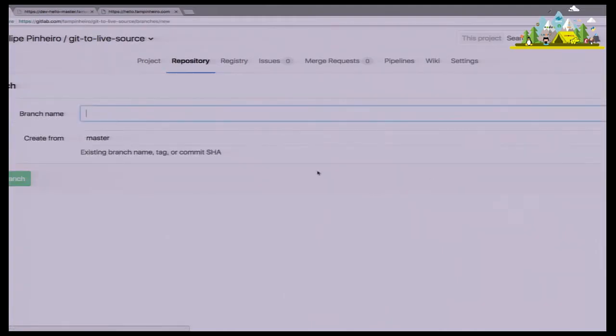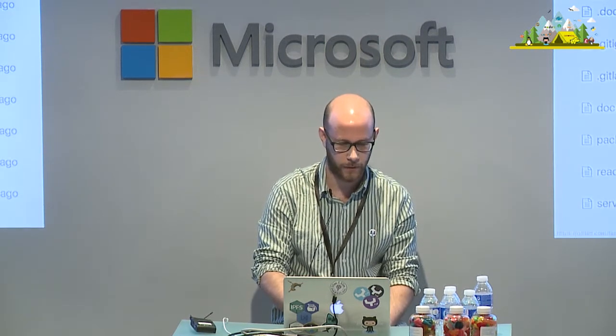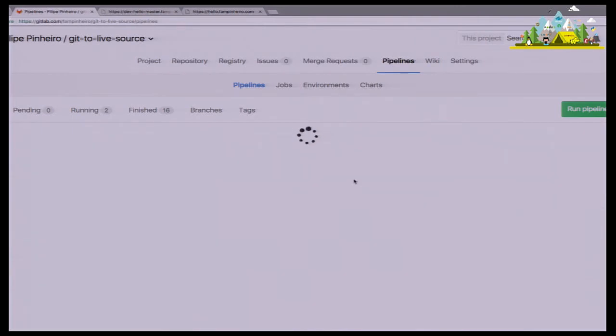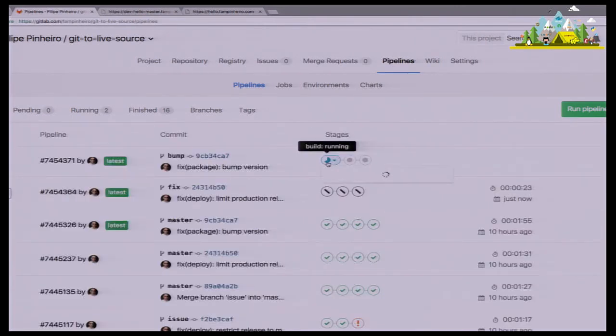So I have a branch. I create a new branch with version. Okay, create branch. So as you can see, as soon as I create a new branch, I will have a new pipeline. Well, it seems like it pushed. I'll have a new pipeline running. So this will take a while, so I'll guide you through the process of